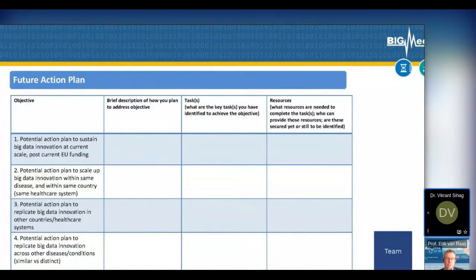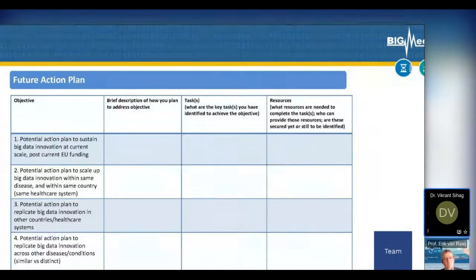So they focused on replicating the big data innovation in other countries within the same disease, and not within the entire healthcare system, but how they could replicate the solution related to a particular disease in another healthcare system. So they came up with the action plan and the tasks, what they did for objective 1 and 2. And last but not the least, they also thought about how they can replicate the big data innovation across other